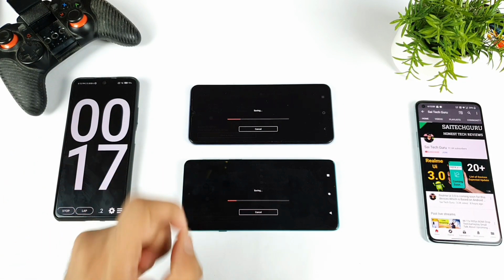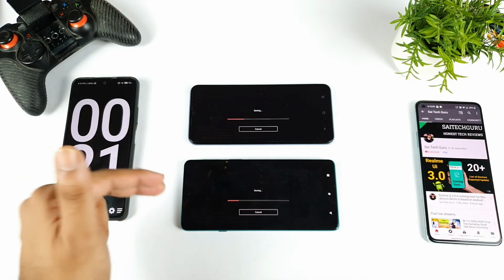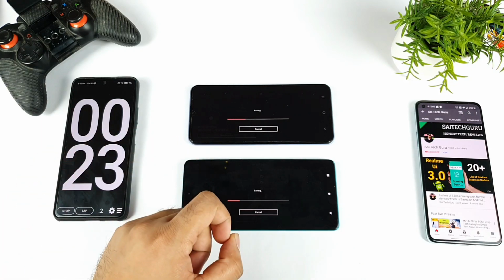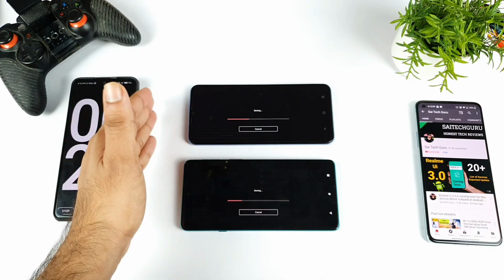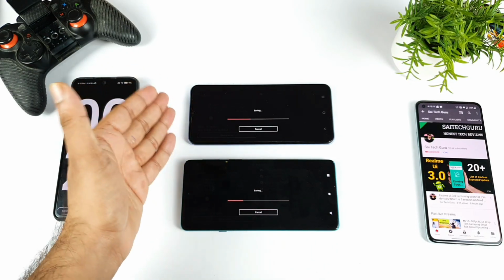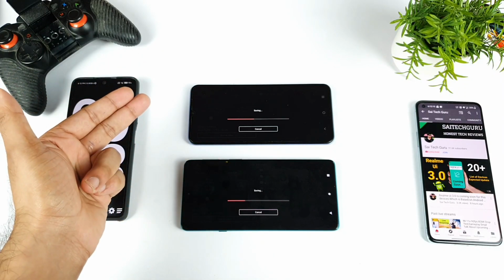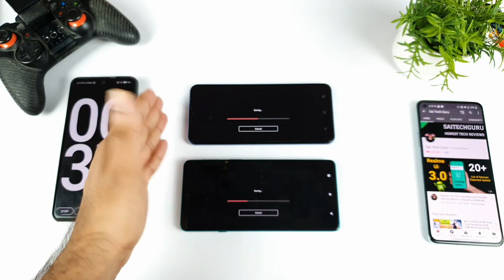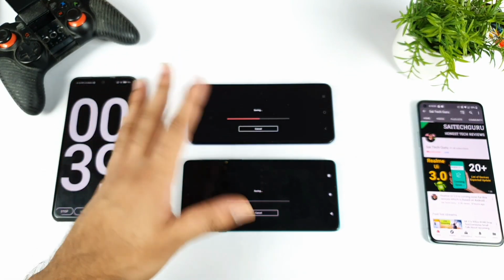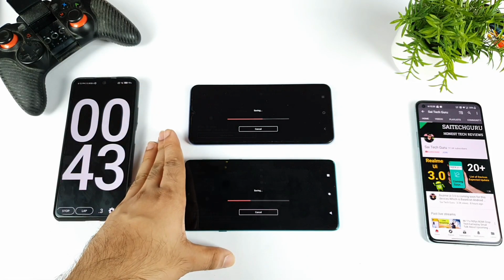So overall, in terms of KineMaster rendering speeds, the iQOO Z3 has slightly better speeds than the Moto H20 if you compare this way. I also need to use a couple of different exporting and rendering applications. Only then will we understand what potential each phone has. So make sure to stay tuned for those videos if you're interested. I'll definitely try to do those videos as soon as possible for you all. You can see the speed difference.